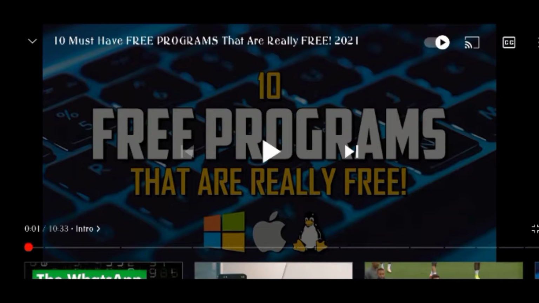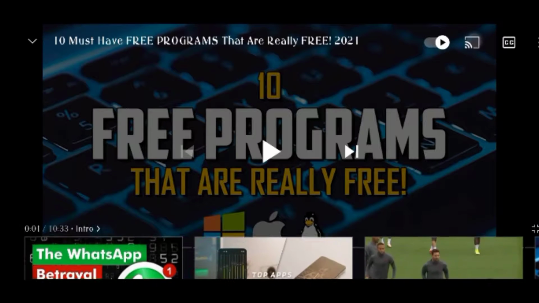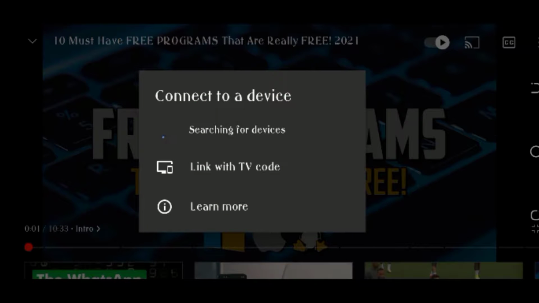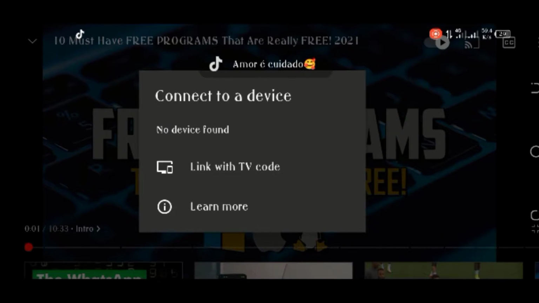When you press, if you want to cast that video, you press that button here, then it will search the devices to link, maybe the TV, these modern TVs, you can link them. You just have to press the link with TV code, then the link will appear on your TV, and you enter the code.